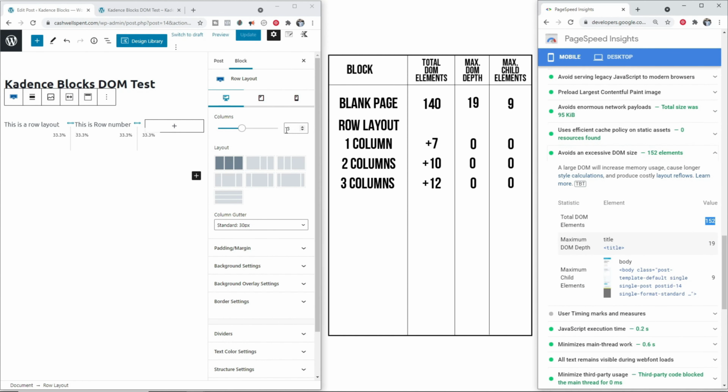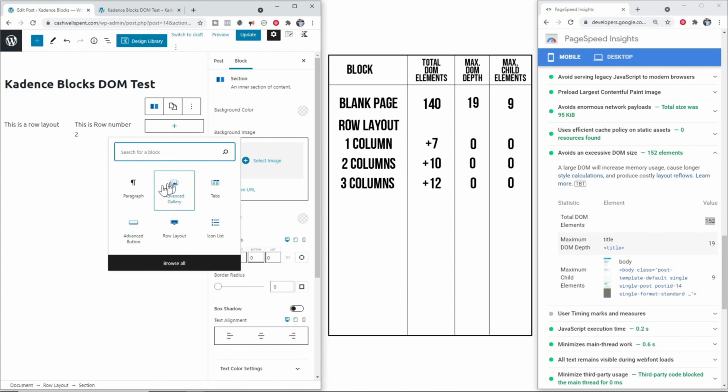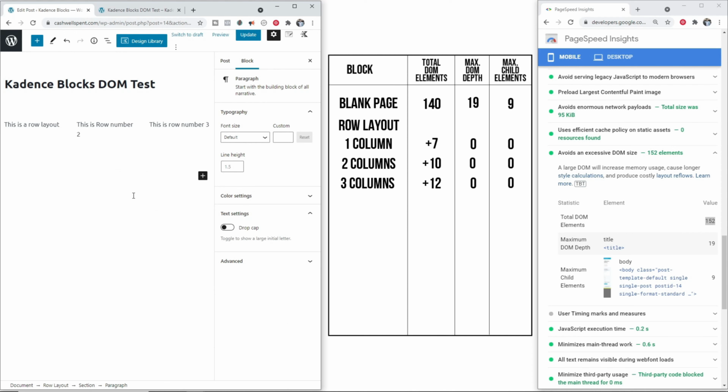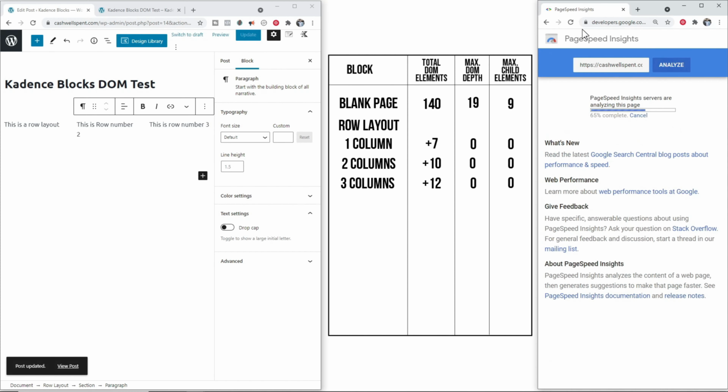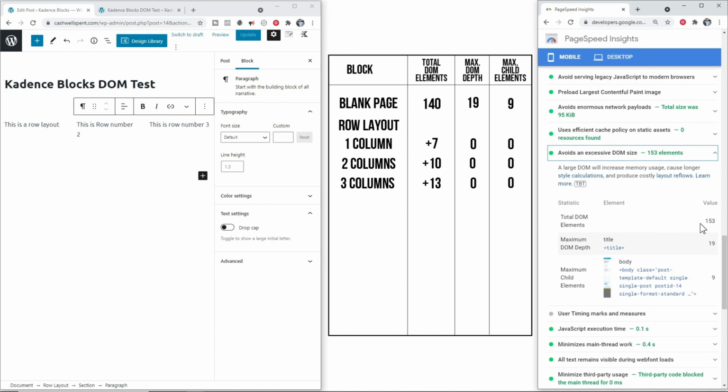What if it's 4? Oh, sorry, I forgot to add a paragraph. Now the thing is, the DOM size increases with whatever you add to the columns. I'm adding the paragraph block because it's a block that fetches the lowest DOM size, which is 1. And as you can see, if I don't add the paragraph block, the DOM size will be 152. And if I add the paragraph block, it should be 153. And there you go. So every column you add, technically it will increase by 2 elements,